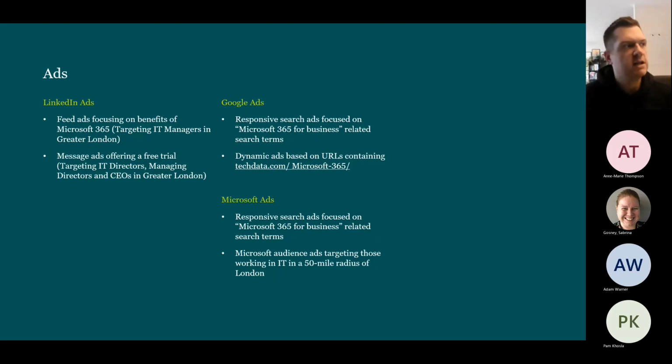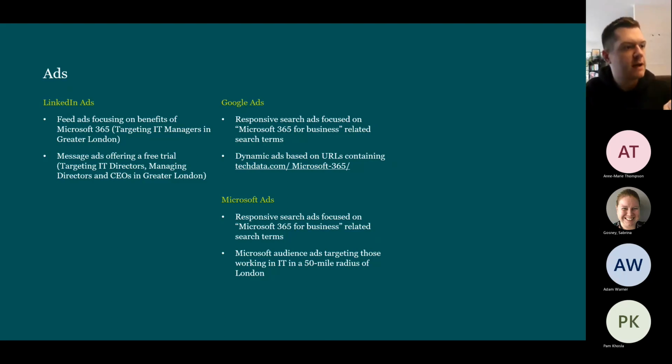We're going to focus the free trial offer. So we're offering a Microsoft 365 for Business Premium free trial. We're focusing that on the decision makers, and the messages for the two audiences there will probably be very different. For the IT managers, it might be benefits of using it. For the more senior members, it might be cost savings you can make. It might be how to unlock productivity. Bearing in mind our persona work, we need to make sure that what we're saying ticks the boxes for those audiences, and they will each have different motivators.